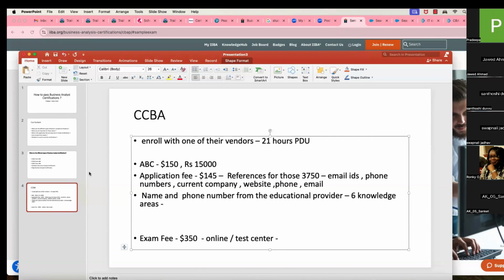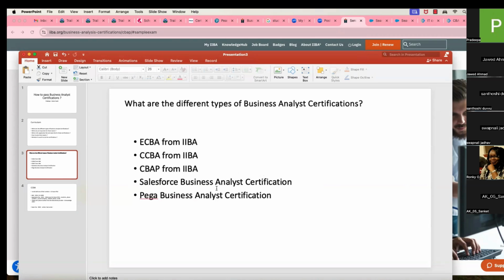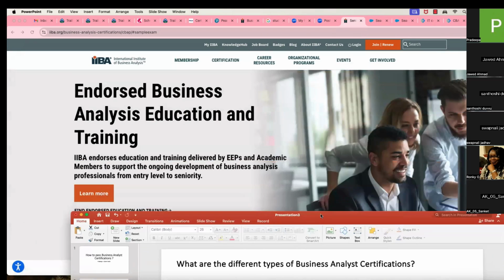Okay. So the next one is very domain-specific business analyst certifications, right? We have two certifications. One is Salesforce and one is Pega-based business analyst certifications. So I'll tell you what the difference is. The difference is that these are pretty generic. IIBA doesn't have any industry,